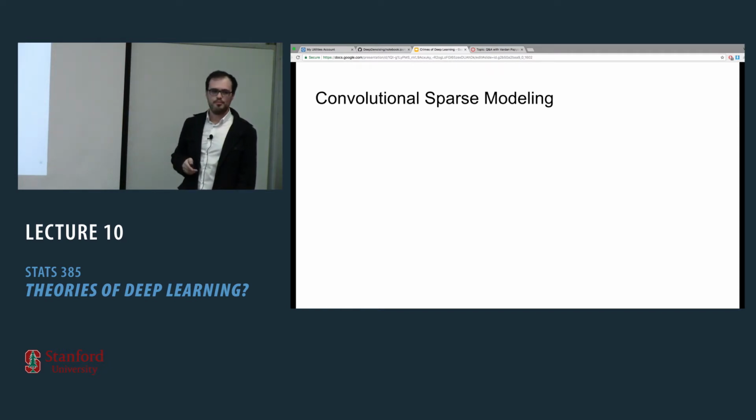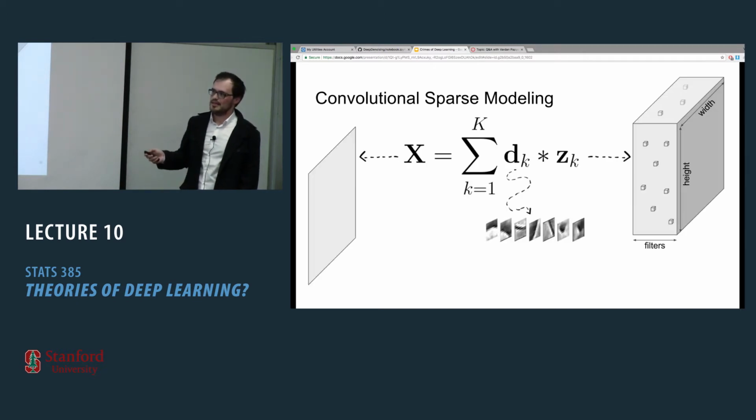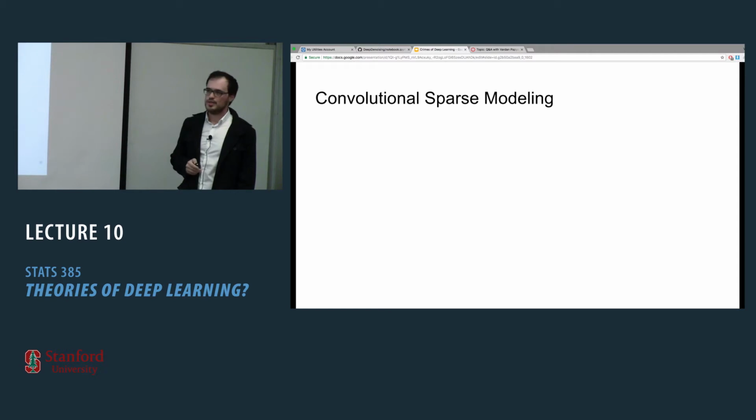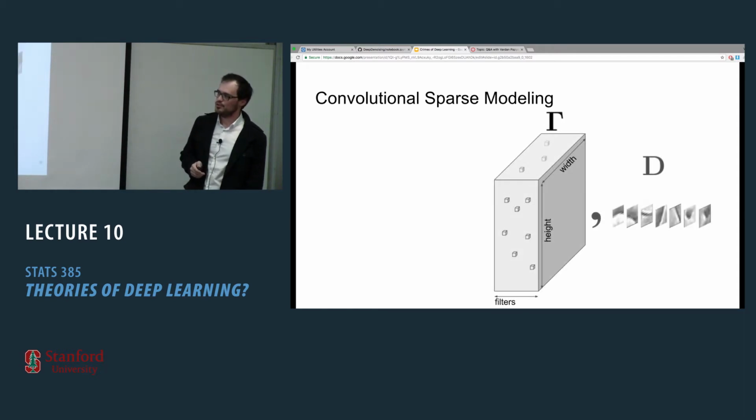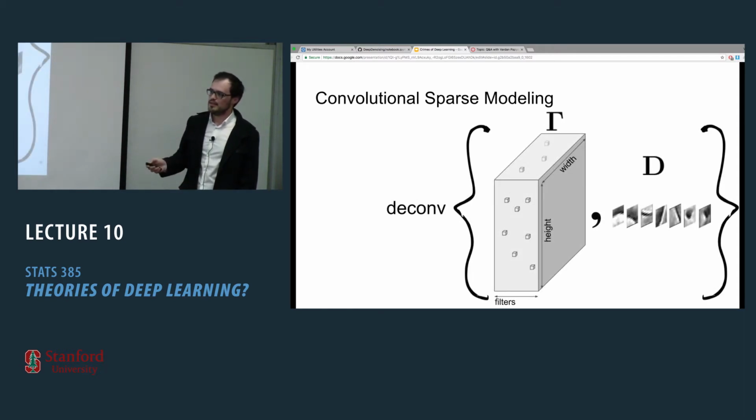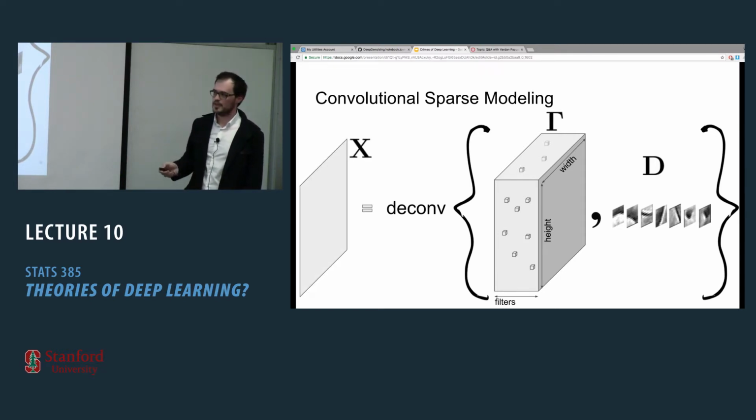Now, in TensorFlow, PyTorch, MatConvNet, whatever you use, you can actually write this equation in a single line of code. You just write it as X is equal to the convolution between gamma and the filters. That's it. One line of code.